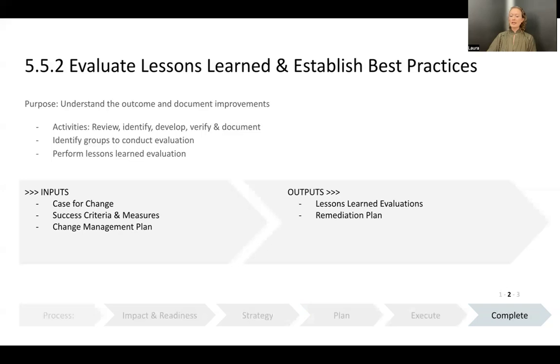Review change management activities and documents for other best practices or future improvements. Determine which designs, strategies, and lessons learned will contribute to internal best practices going forward. And lastly, update the knowledge management database or common document storage location for sharing the lessons learned with other change